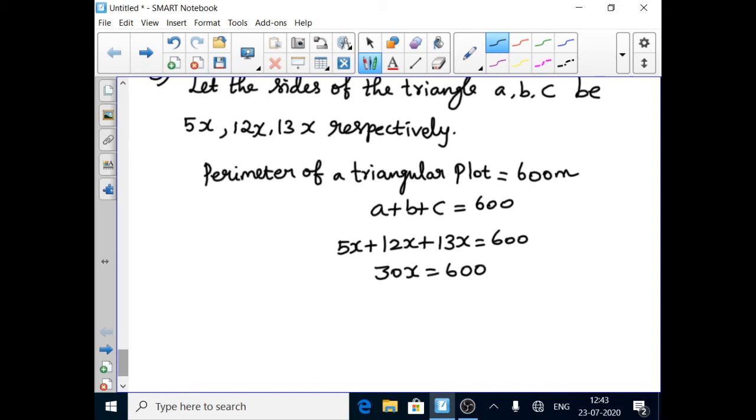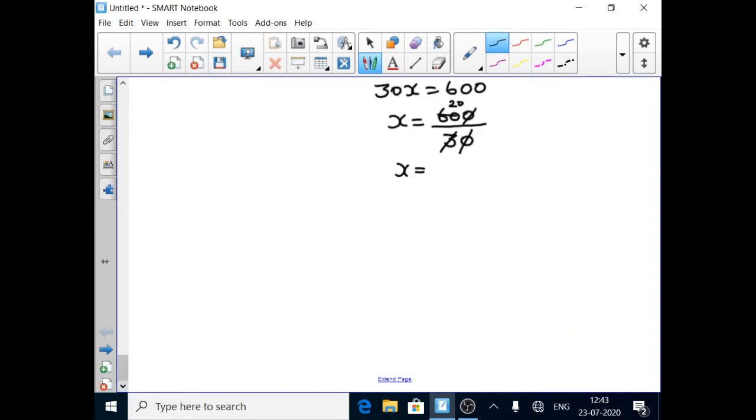From this we are going to find the x value. So x is equal to 600 by 30. This 30 is multiplied with x, so it is converted into division. So the zeros cancel, then 3 table means you can use 20 times. So therefore x is equal to 20. Okay. It is given in meters, so x is equal to 20 meter. If you want to find the area, what do you want to do? You want to find the S value.